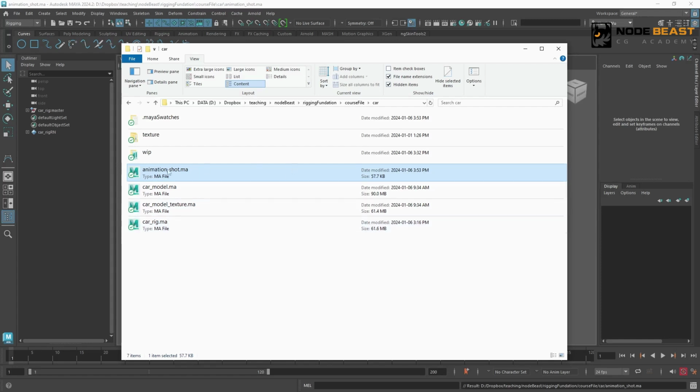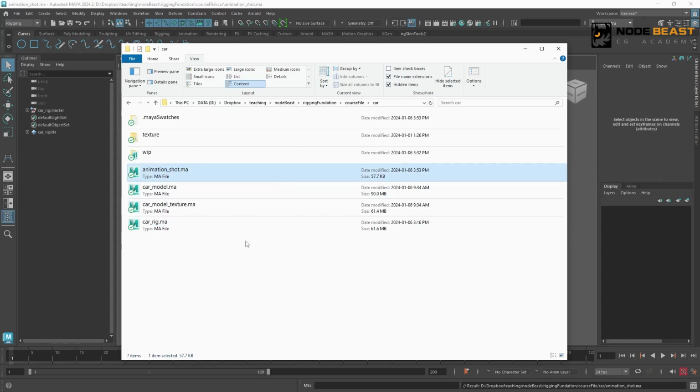So if we want to send this shot to someone else for them to open, don't forget at this point to attach the rig file as well. Otherwise, when we open this file, it won't find the other file at the corresponding path, and it won't be able to display these files in the scene. There are many benefits to doing this.